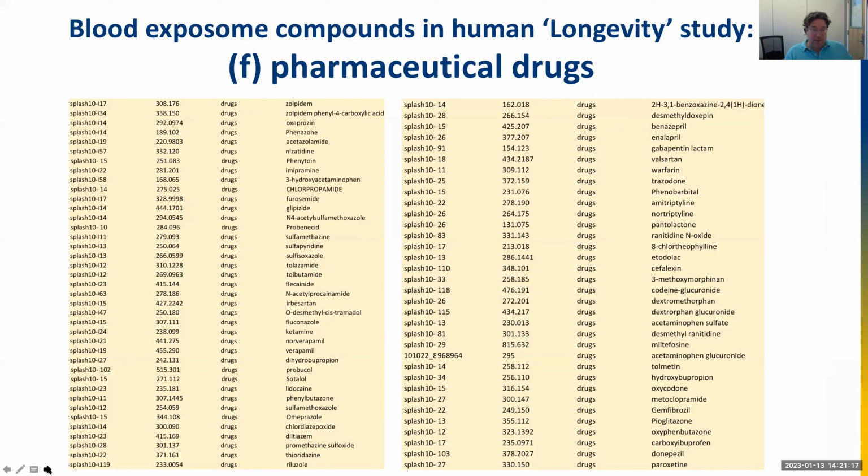The biggest class of exposome compounds are clearly pharmaceutical drugs. We see hundreds of these pharmaceutical drugs in large studies, and these are all coming from two studies. One is the large-scale human longevity study with 4,000 subjects, and the other one is the TEDDY type 1 diabetes study on environmental determinants for type 1 diabetes in about 13,000 children. So both of these are ongoing, and that's why we know that these are all originally verified detections in human